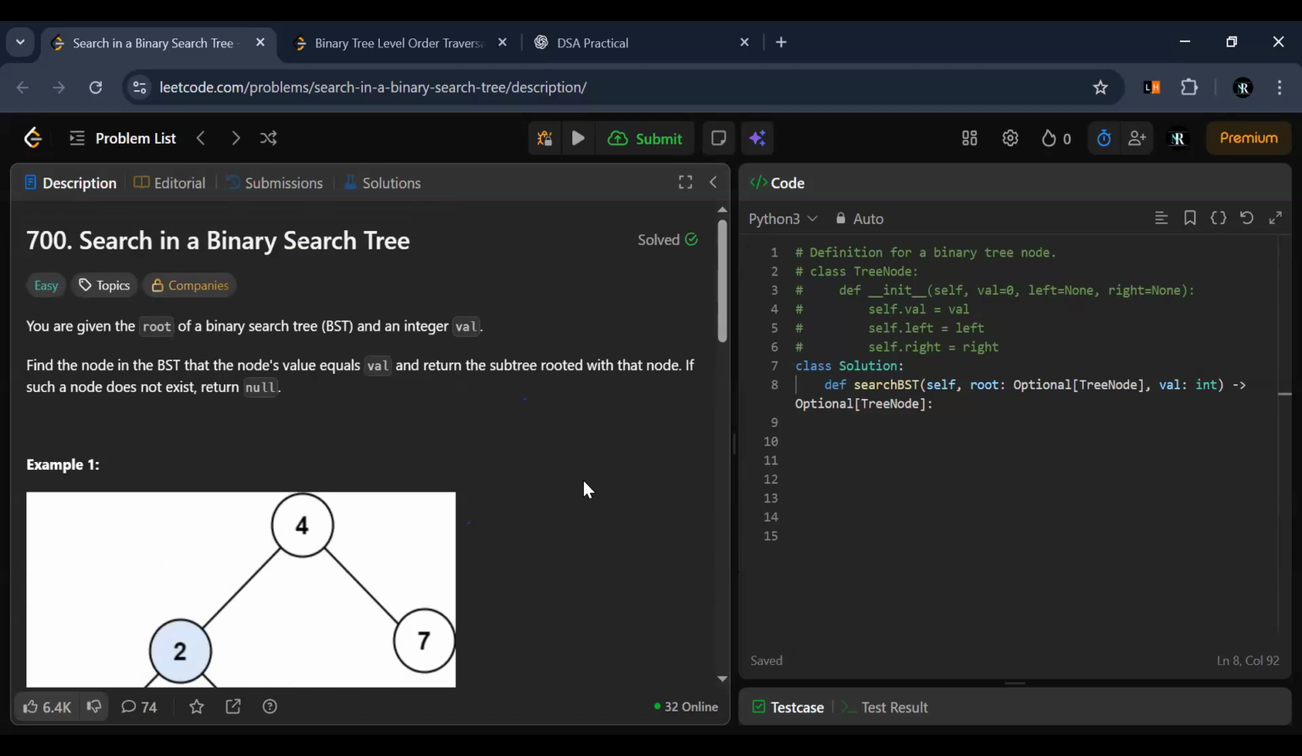क्वेश्चन क्लियर है सबको? बहुत इजी है। क्वेश्चन क्लियर है, तो हम सॉल्यूशन की तरफ मूव करते हैं।